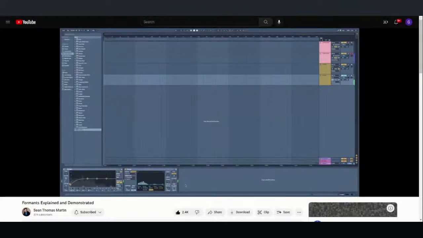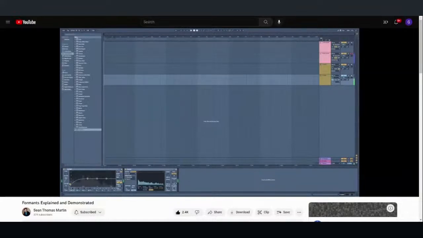It's also worth noting that if you shift your formants down, it sounds like you're a larger or taller individual, because when your vocal tract is longer, all of your formants will be a little bit lower. So if you lower the formants, you sound bigger or older, and if you raise the formants, you sound smaller.